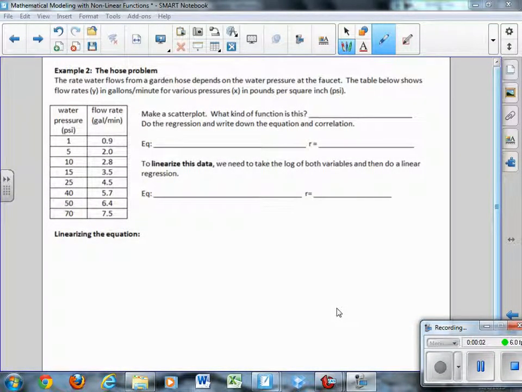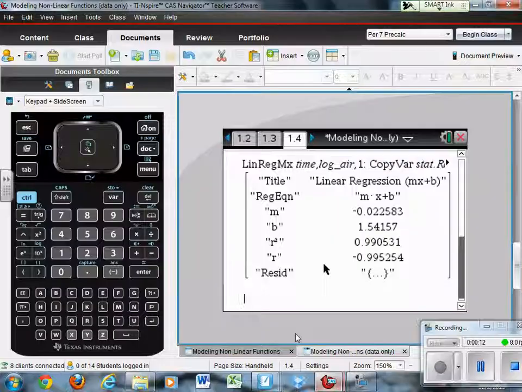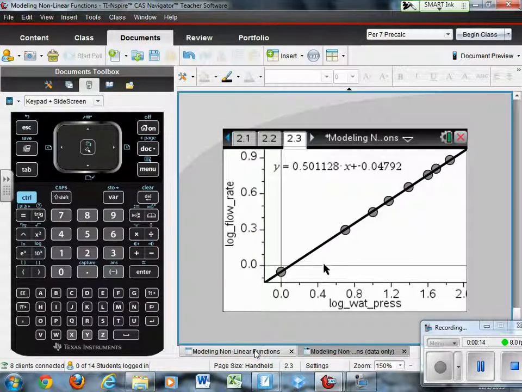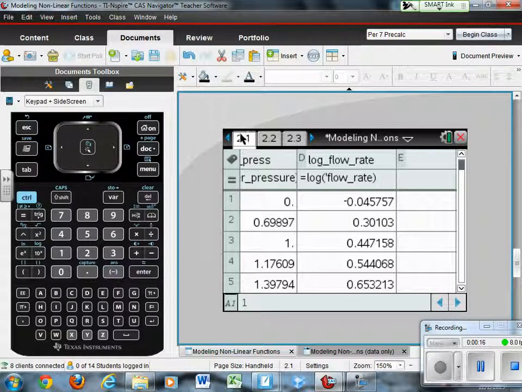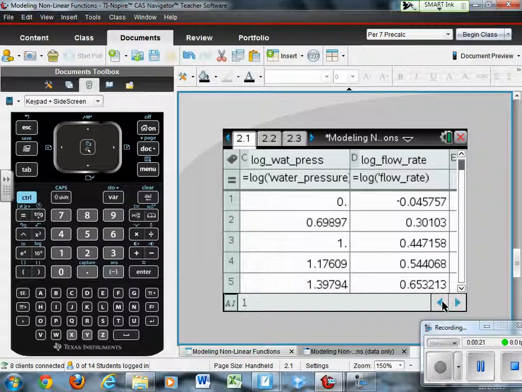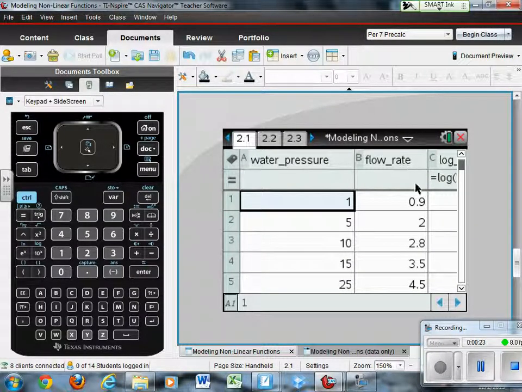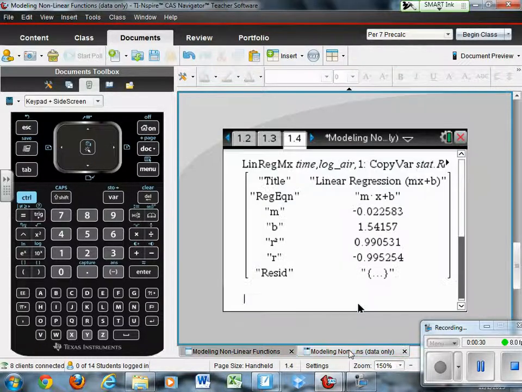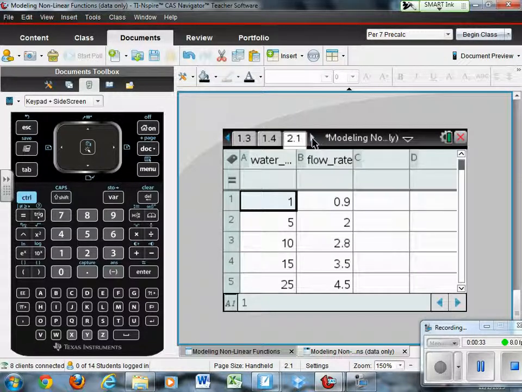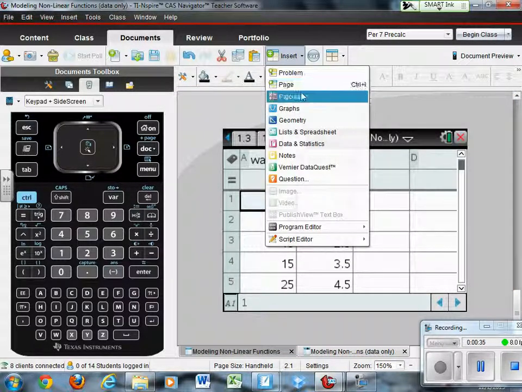In example number 2, we're looking at the relationship between water pressure and the flow rate in gallons per minute of water coming out of a hose. I want to just go back and look at this data here. Okay, so here's our water pressure and our flow rate. If we do a scatter plot of this data,